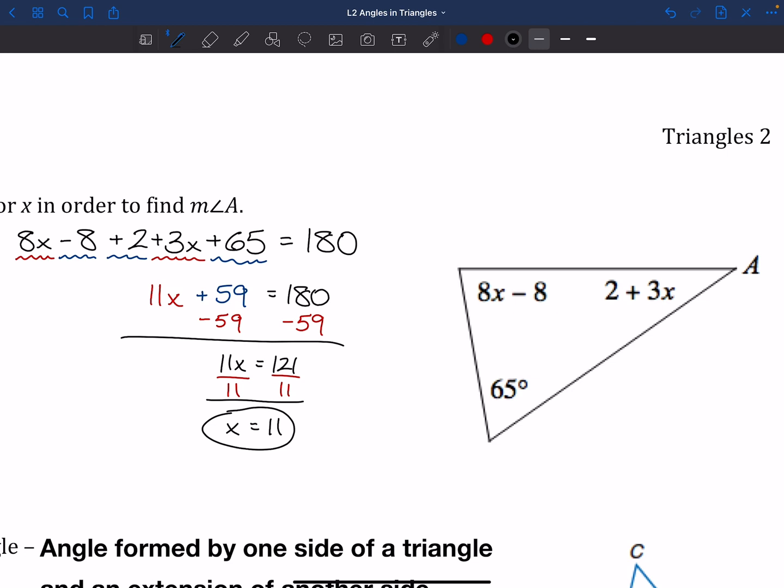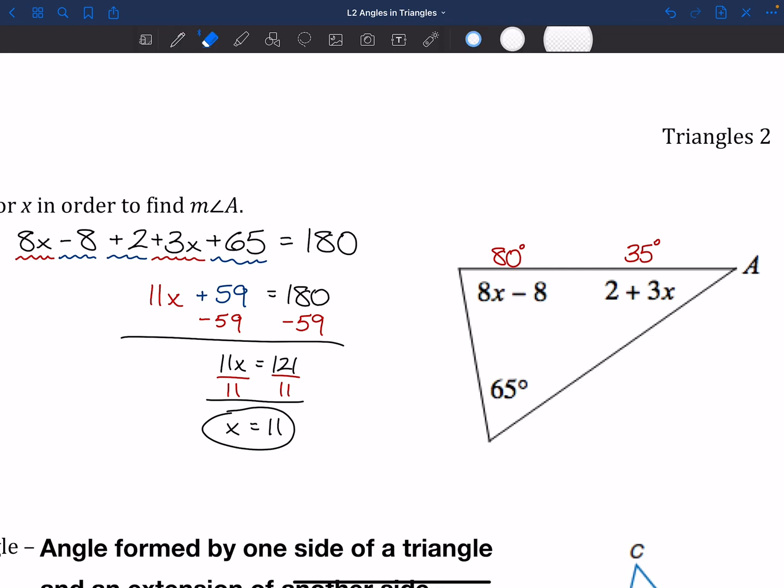If I did plug that back in, what I'm going to find is that the measure of angle A over there on the right is going to be 35 degrees, right? If I plugged it into the other one just to be extra super sure and check my work, I'm going to get that should be 80 degrees. If I add all three of those angles up now, I will get 180, which again is a good way to be able to check my work. Okay, so hopefully this is